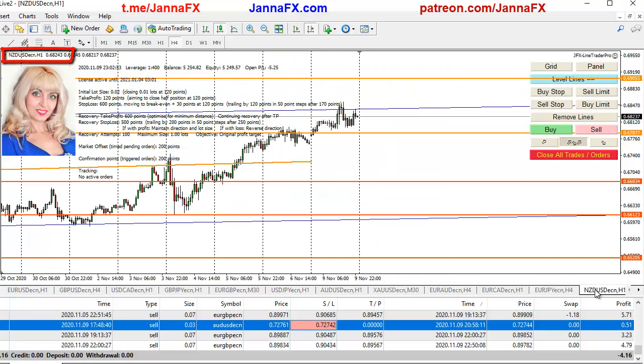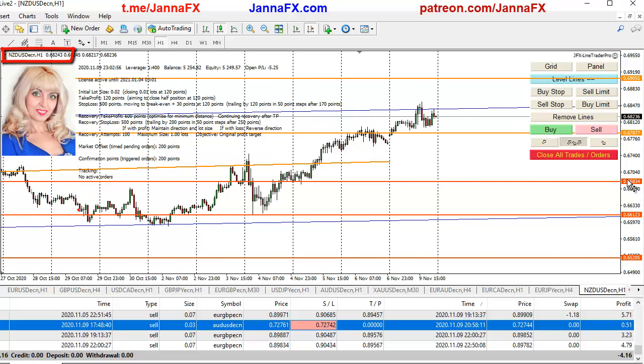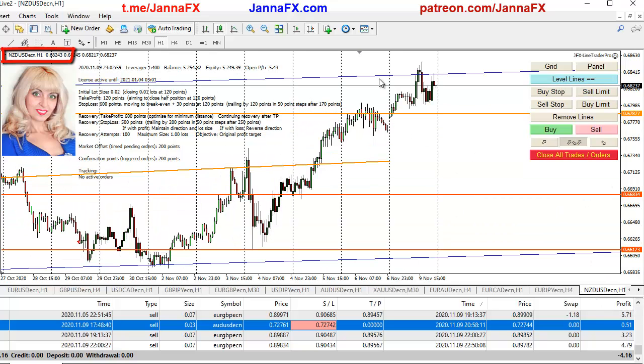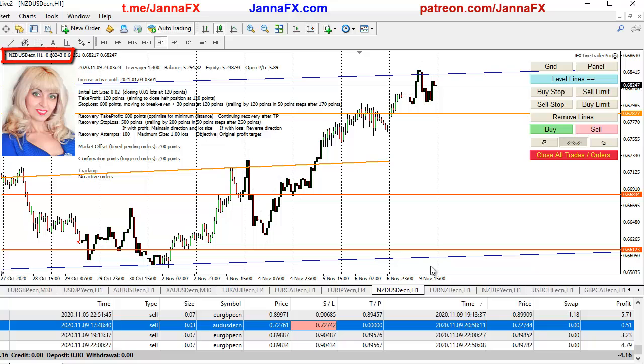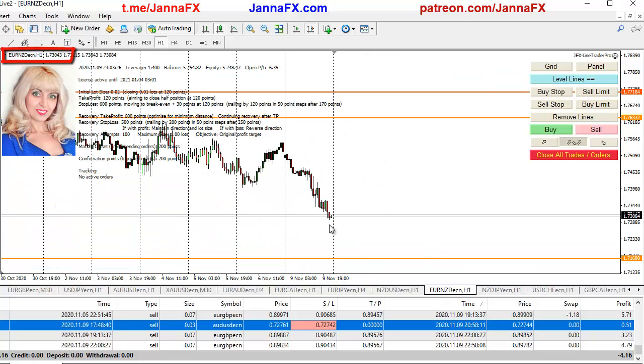What I'm going to do, guys, is actually watch New Zealand, because on Wednesday, for us it's going to be night from Tuesday to Wednesday, they have gaps, and there will be some news about the interest rate decision, and also some report from the bank. That's why I watch these pairs for New Zealand, and hopefully tomorrow I'll make another video. You see the gaps, and hopefully the pairs might have a little bit more movement, and maybe tomorrow they will consolidate, and then it will be possible to place the orders, because these gaps are really nice.